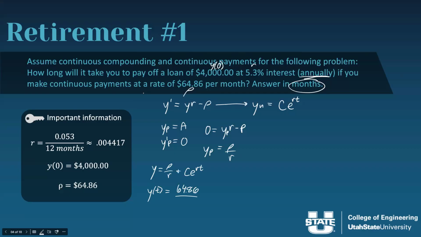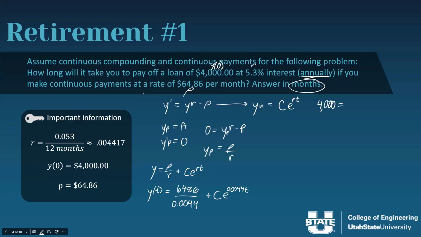64.86 over our rate, 0.0044, plus Ce^(0.0044t). And now we can solve for our C, right? By using our initial conditions. I'm going to move up to the top. We know at